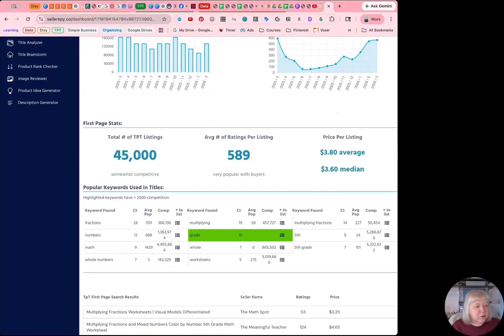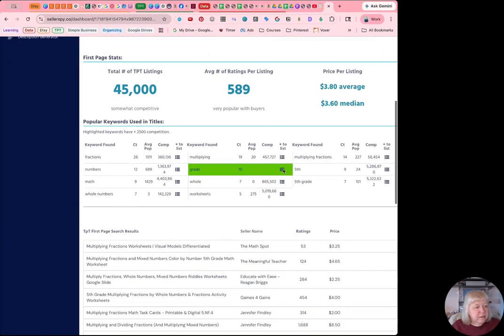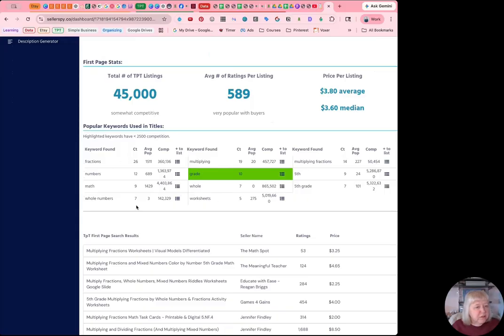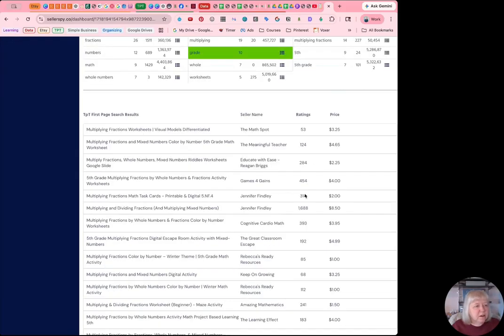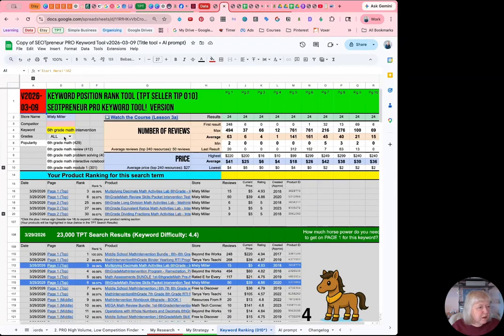You can see there are 45,000 listings with this phrase, average number of ratings, and the price. It is somewhat competitive. Gives you some keywords that are typically used in titles. Here's multiplying fraction. And then here are the TPT first page results, which we also saw with Mike, SEO Tpreneur, with his sheet. We can go back over there. So if I had typed in multiplying fractions,